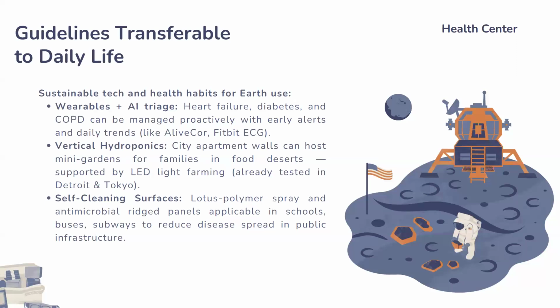First, let's start with continuous wearables and AI triage. In the Mars simulation, wearable sensors will feed health data into an autonomous triage system, which will flag issues like infection risk, dehydration, or stress overload. This exact model is now being adapted for chronic illness monitoring in heart failure, diabetes, and COPD patients. They are also trying it for senior citizens, to alert their doctor to early signs of a cardiac event.